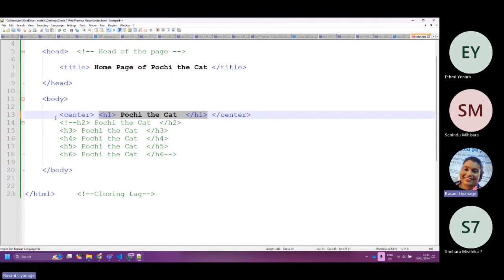For sure, you have to give center before H1 and again give center after H1. Done.